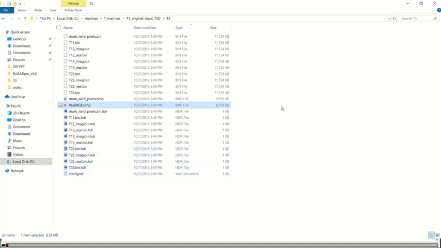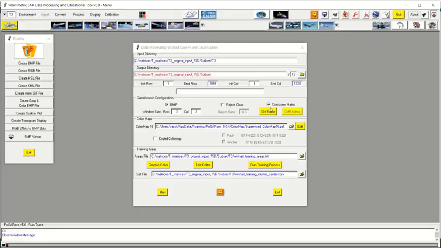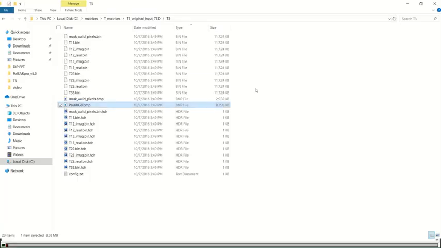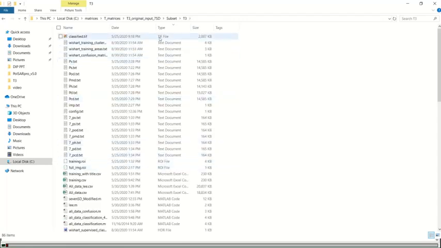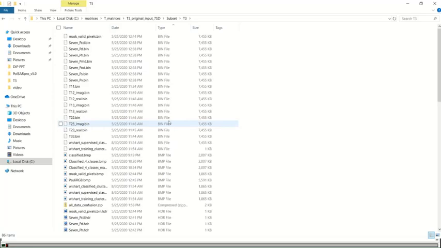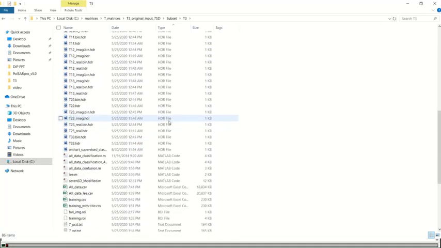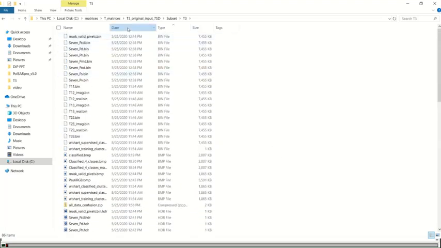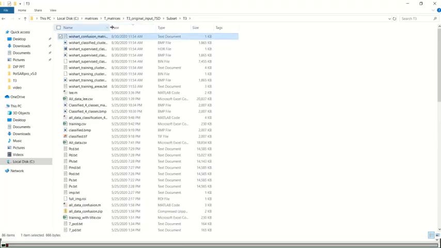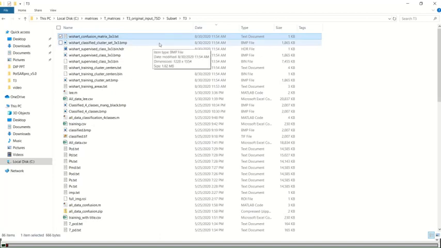So you can go back to the folder and check whether it is created or not. See this.